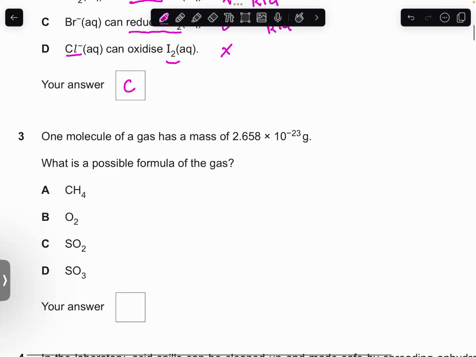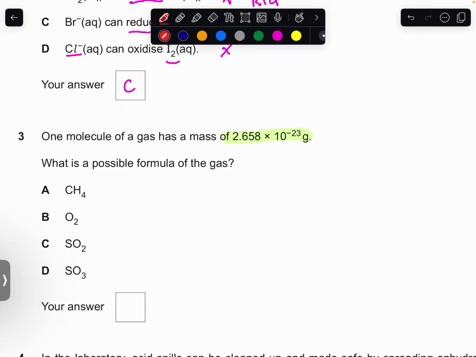Next question. One molecule of a gas has a mass of 2.658 times 10 to the minus 23 grams. What is the possible formula of the gas? What we're going to do here, this is the mass of one molecule. Let's see what the mass would be for 1 mole. So we multiply it by Avogadro's number. That gives you